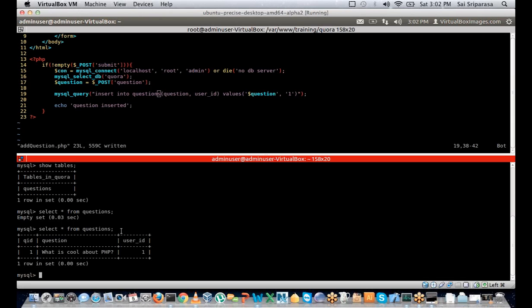Okay, the way we would show the chain is we would need an answers table. In the answers table we would have the answer's id, the answer, the user who posted that answer, and finally the question for which the answer was posted. So these four columns, and obviously like we have discussed,